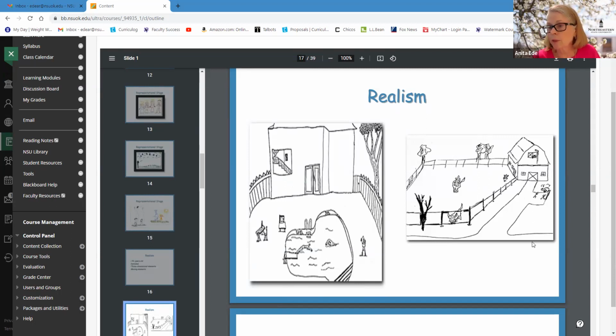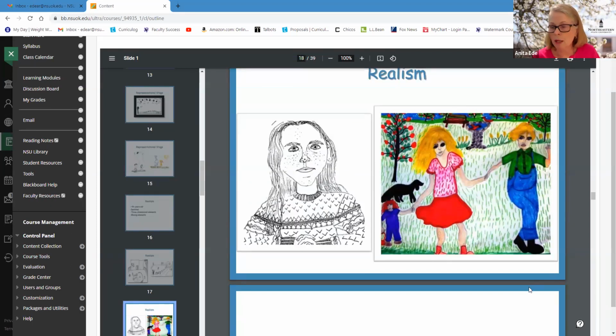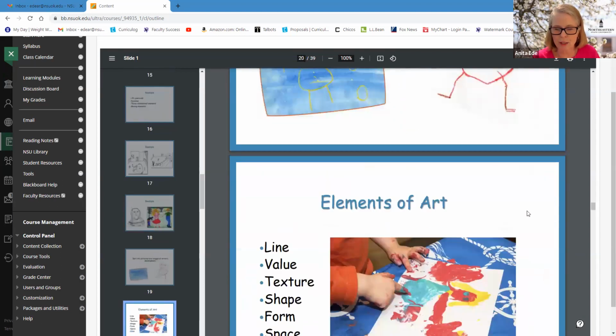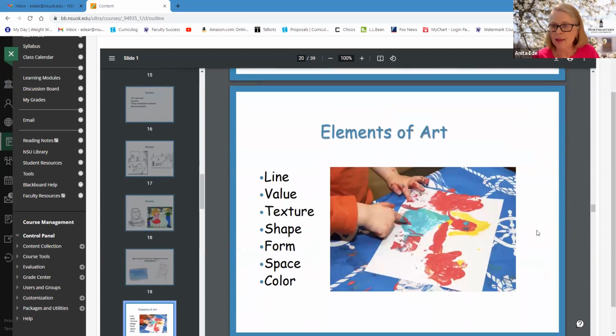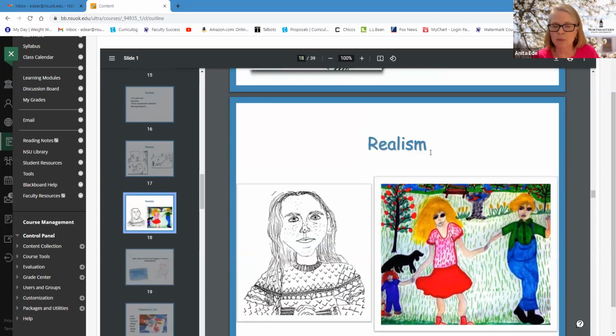And the same thing with the barnyard. It's definitely three-dimensional. This is realism as well. I mean, this is really good pictures. Definitely three-dimensional. So this is when you're in my class, I have you sort all kinds of pictures. We're going to skip through here. Okay. The next thing I want to point out, and the other thing I want to talk about with these stages of art development,